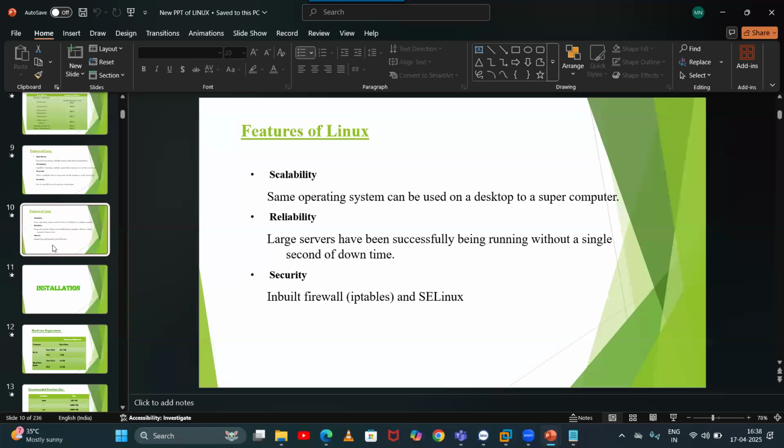I'm repeating. Linux is secure because inbuilt IP tables and SELinux are there. IP tables are used to secure networking files and SELinux is used to secure local files. Linux is secure because for every user, password authentication is compulsory.